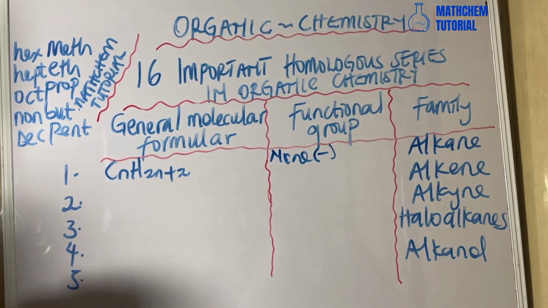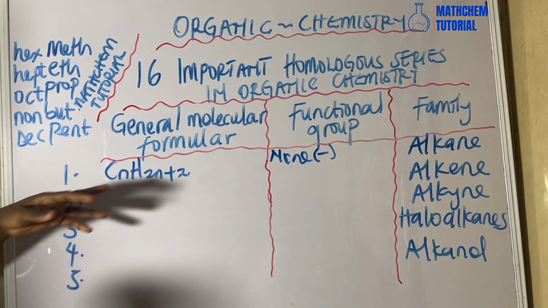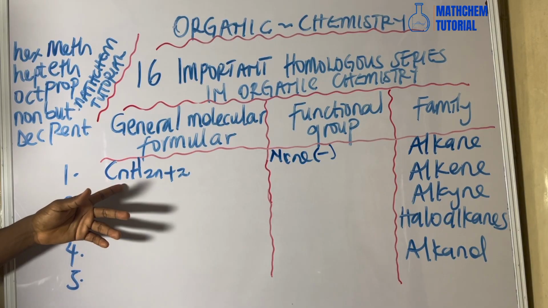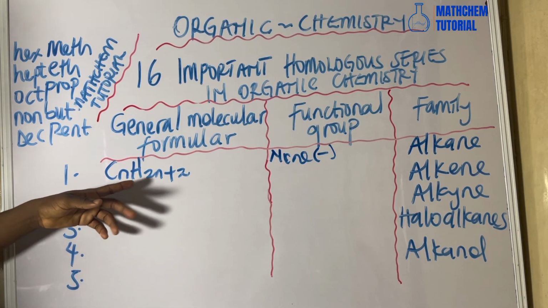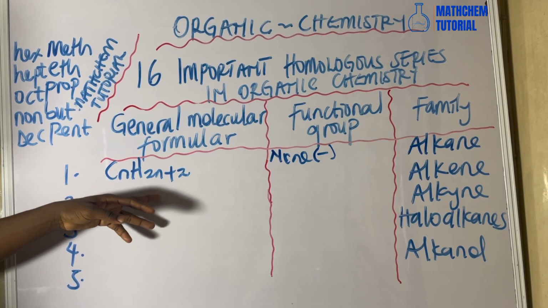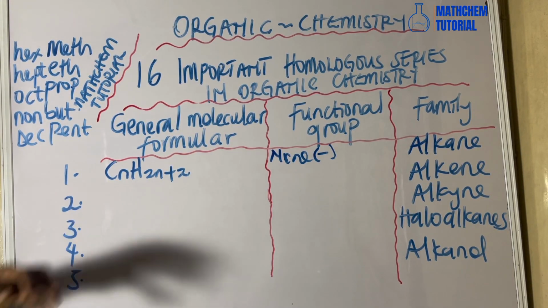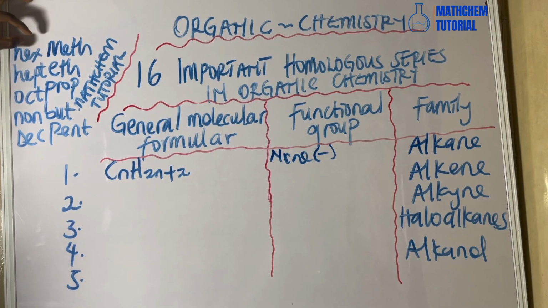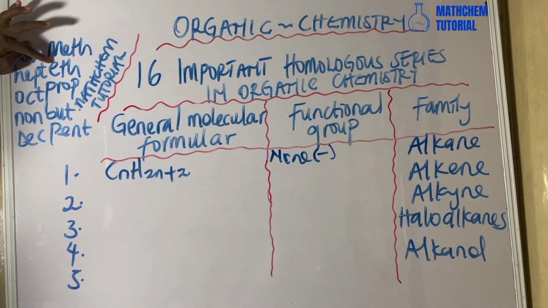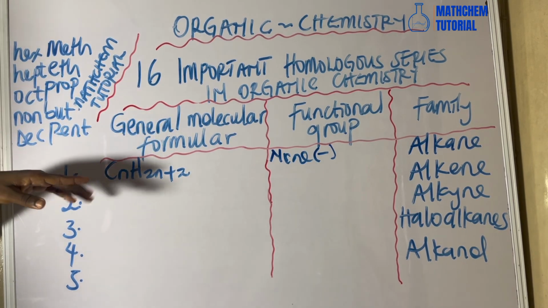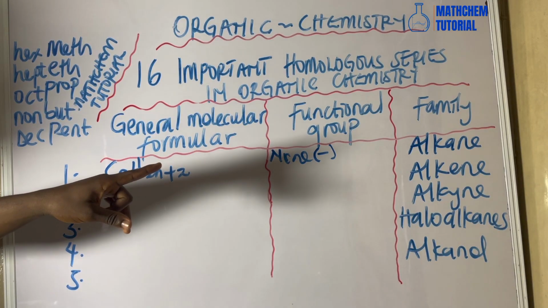Now what about if the number of carbon is 3? Then that will be C3H, 2 times 3 is 6, plus 2, that's 8. That's C3H8. So that C2H6, that's what we call ethane. What did I add here to make it ethane? I added the last 3 letters of alkane,